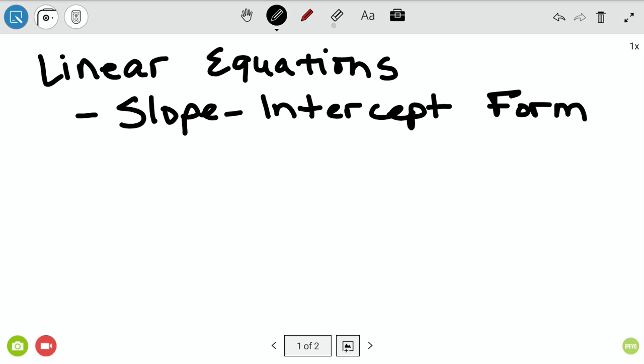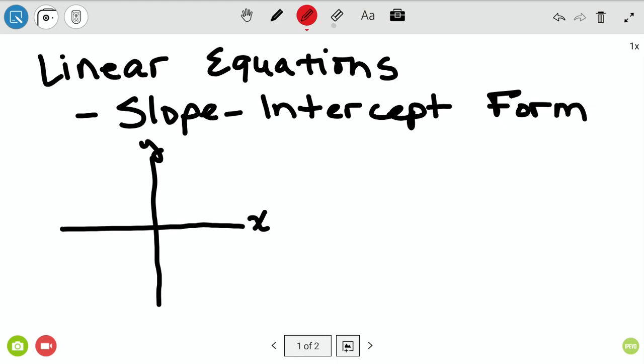And just as a recap for everybody at home, because we just kind of talked about that in class doing our jump start, when you have a coordinate plane, this is your x-axis and this is your y-axis. And then if we graph a line anywhere along that coordinate plane, okay,